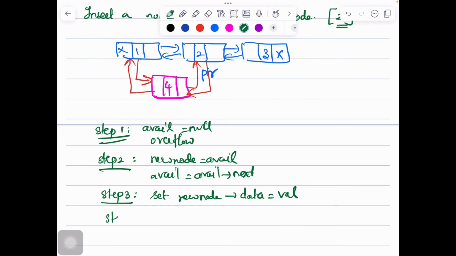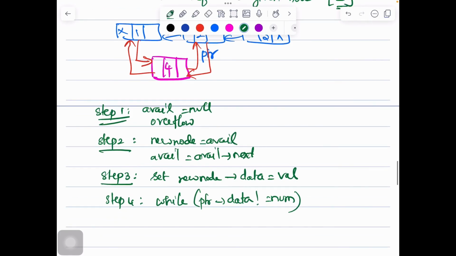So how do I write the while loop? While PTR's data is not equal to the number, then we have to traverse. How do we traverse? PTR is equal to PTR's next. Fine.